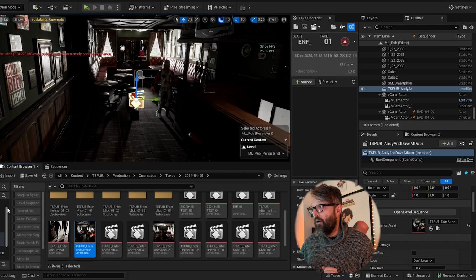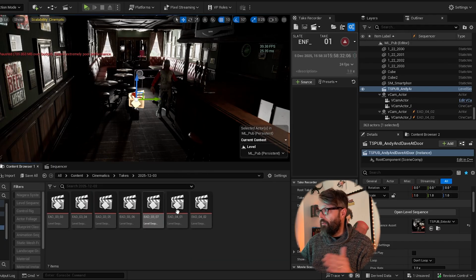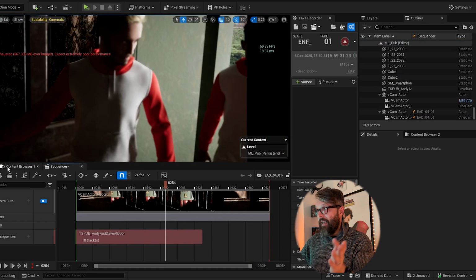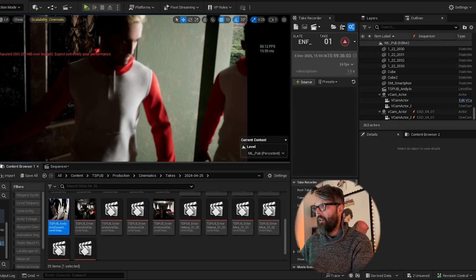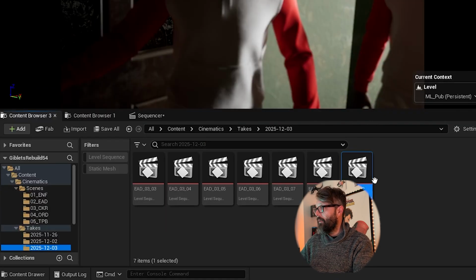Number 10. Touched on this already, but let's talk about promoting takes to shots. I talked about this in a video the other day. We're going to record all our takes into Takes. Here's a bunch of takes. We're going to go through them, figure out what we've got. So we come and check it out. When we decide that we like that as a shot and that's the one that we want to keep, we make our select. We're going to take that and move it to the relevant scene folder,